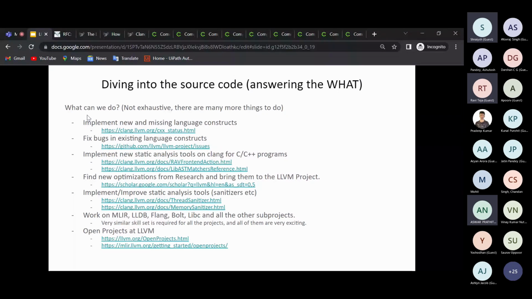There are C++ standards, and there are many missing implementations from the newer standards in the LLVM compiler. The older C++17, I think, is complete, but 20, 22, and 23 are not fully implemented, and there is a lot of work that needs to be done over there.